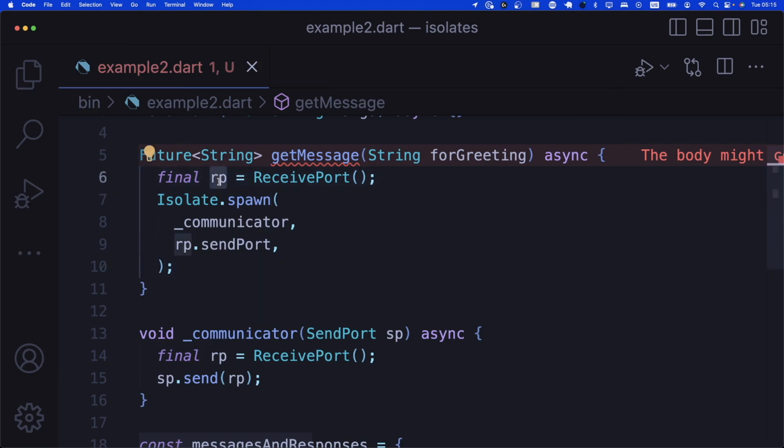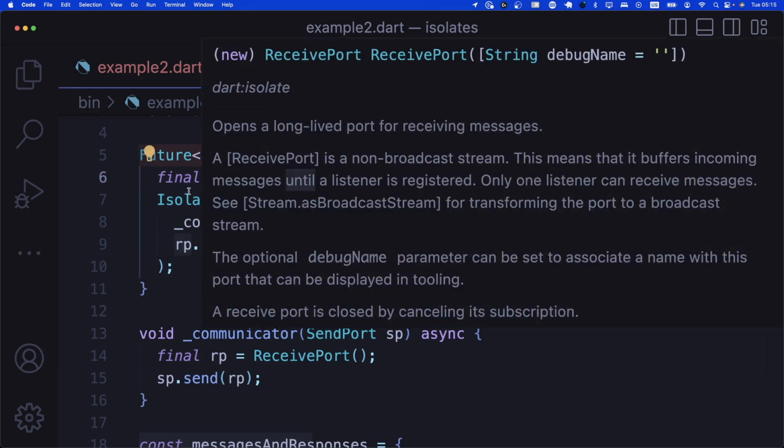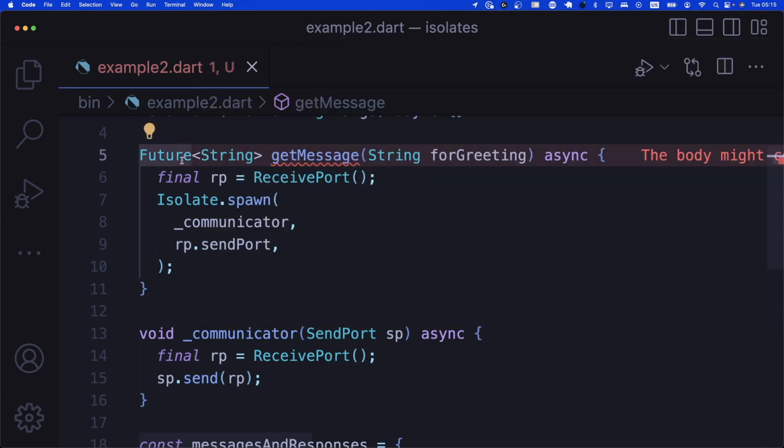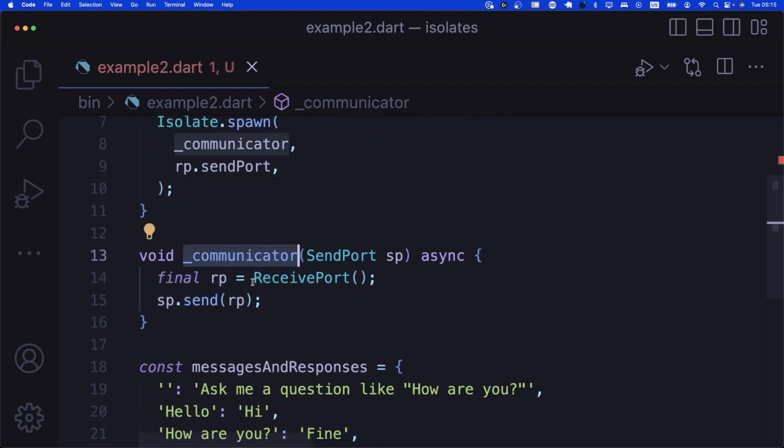This guy has a receive port. Wherever you see the receive port, just think that this guy can both send and receive messages. Wherever you see a send port, just know that you can only send messages. Okay, so we have a receive port, so we can send and receive messages. We give a copy of our send port to the isolate, using which the isolate can communicate stuff back to us. Then the isolate itself is saying, all right, I actually create a receive port using which I can receive